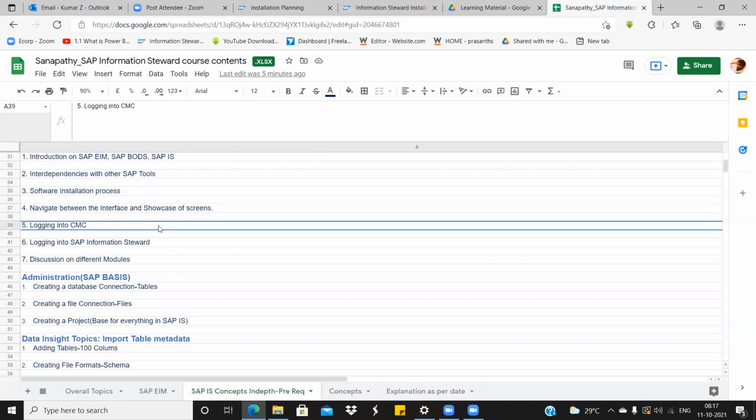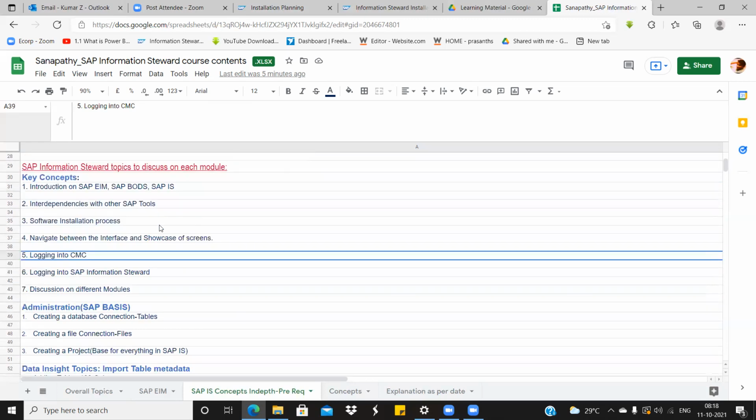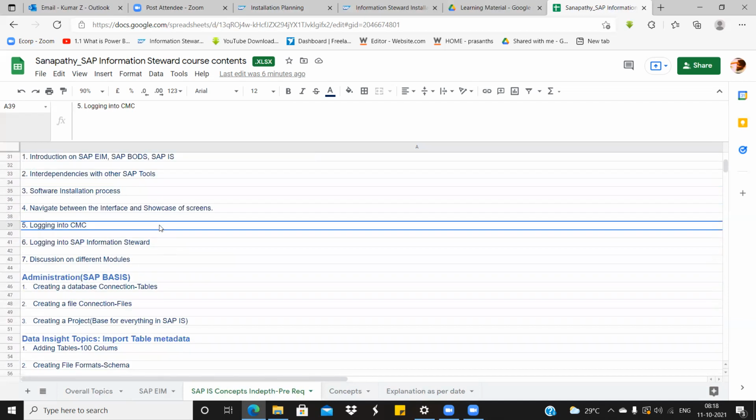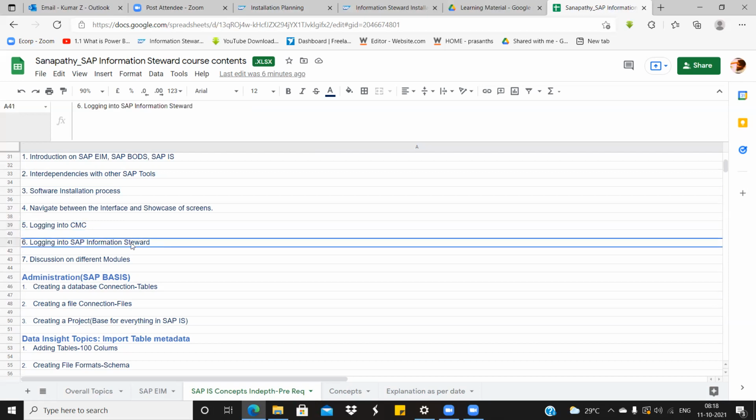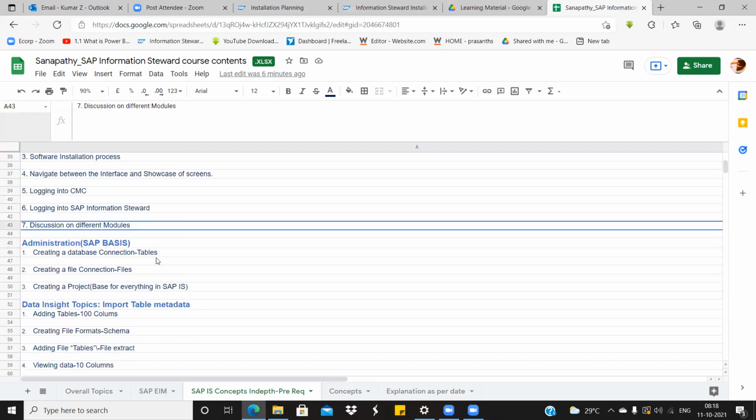CMC is the Central Management Console where we do all our admin-related activities, the back-end work. So these are admin activities, and we have the opportunity to learn about admin stuff also in this training, which usually is not covered outside. Then logging into Information Steward and discussion of the different modules